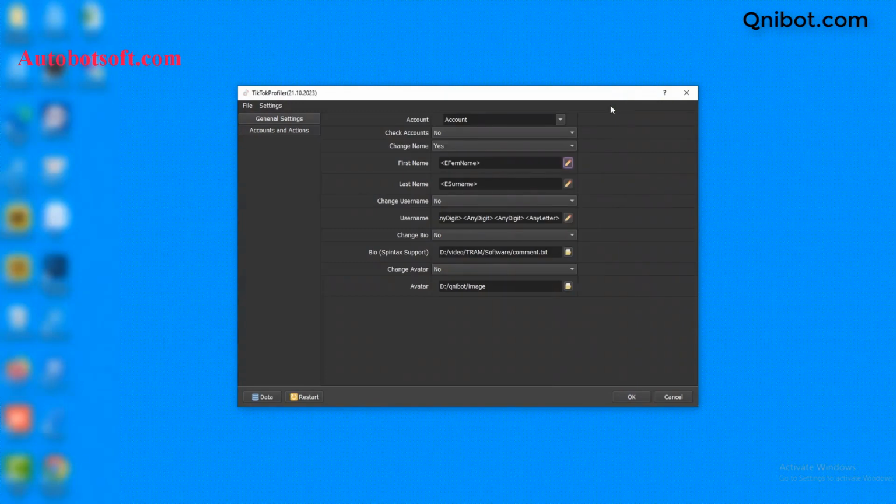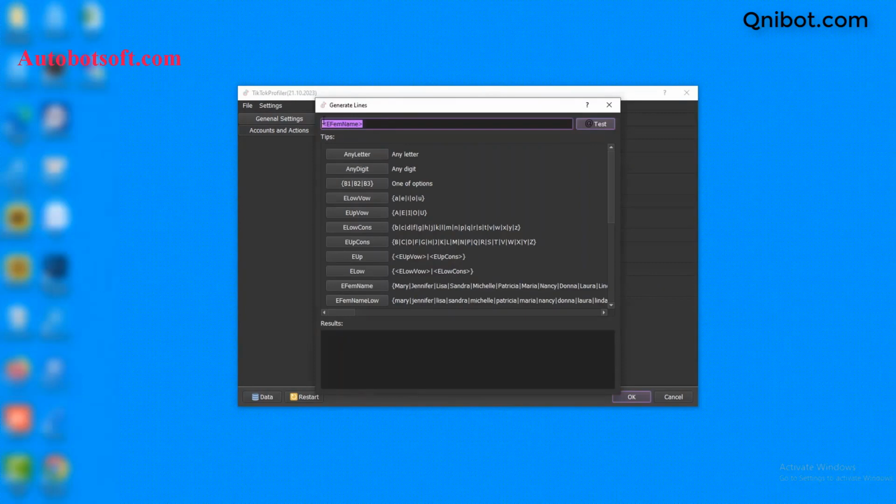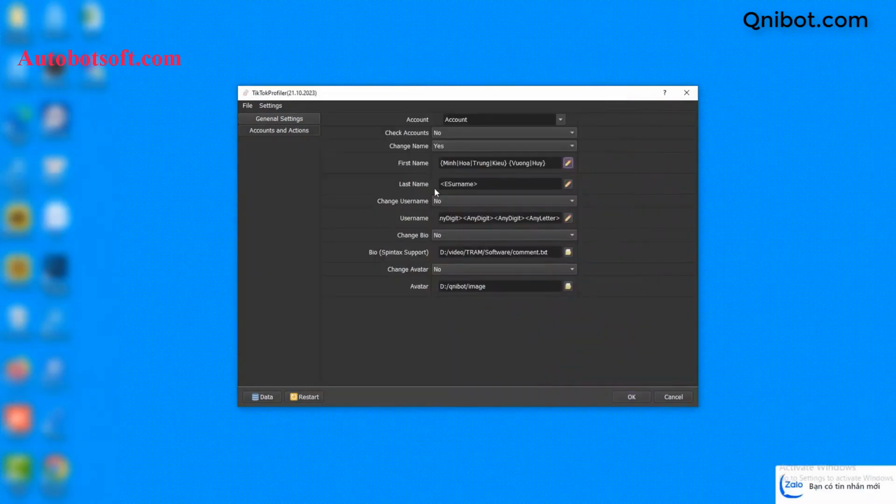In case you want to customize the first name or last name, you click on this icon, then enter the first name or last name you want here. You can use the Spin text format here. Then click on Test to see if the first name or last name will be used. Similarly,